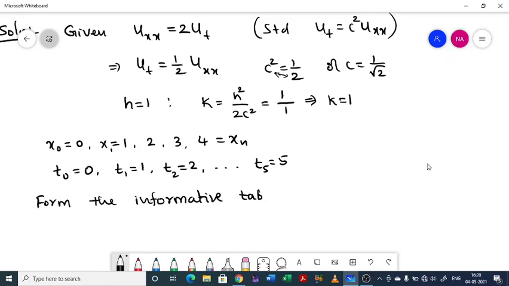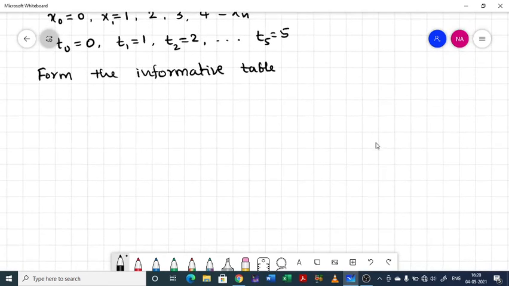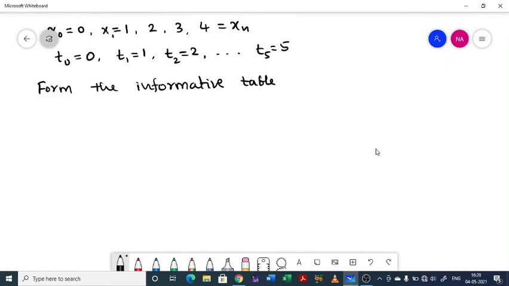Informative table you have to write. So that is the next thing. So let us write the informative table. So these things I have to keep in mind. Okay. Now